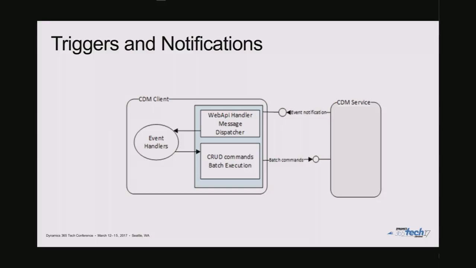Let's see how to explain this illustration here. Let's say that you're in the bottom CRUD command batch execution there. You change some records or add some records in the CDS. That goes over to the CDS service, but it will know whether there is anyone who wants to listen to those changes. If there are, there's a layer that will make sure that gets routed back to some C# code that you wrote to actually handle those events. So it's the same sort of abstraction or model that we use for AX7.